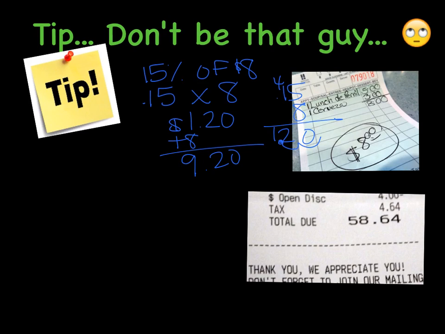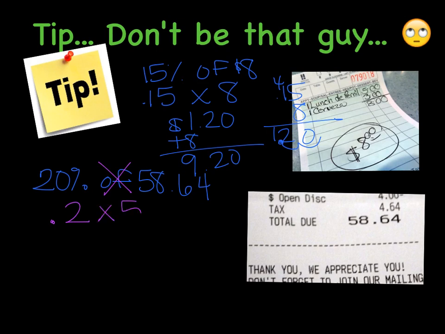Maybe you had a waiter or waitress that did a really, really good job, and you are going to tip them 20%. So you are going to find 20% of your total of $58.64. So if you change of to multiplication, you are going to change that to 0.2 times $58.64. So I have $58.64 times